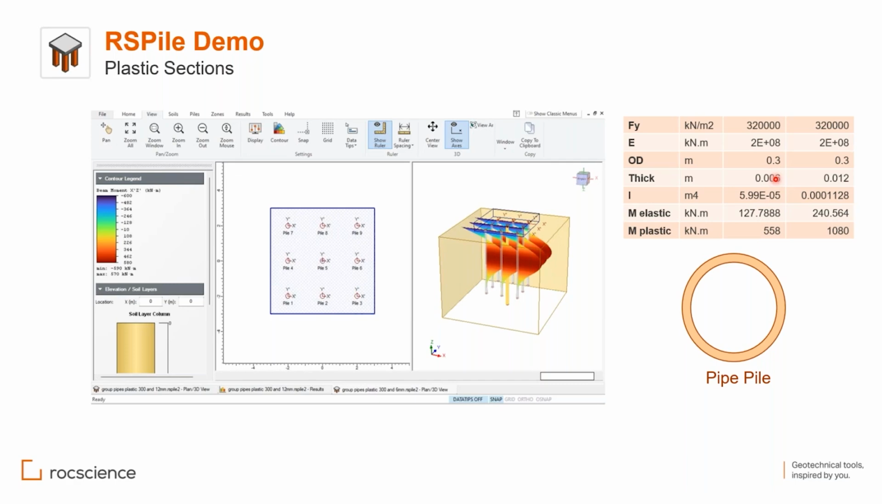Anyway, for the 6 millimeter pipe, we are getting a plastic moment of 558 kilonewton meters. So we remember this figure. If we increase the thickness from 6 to 12, this will be double, to around 1080 kilonewton meters. Now with this, I will apply these